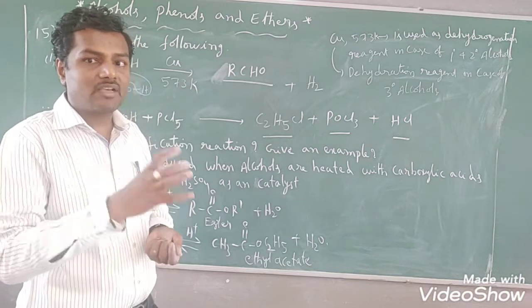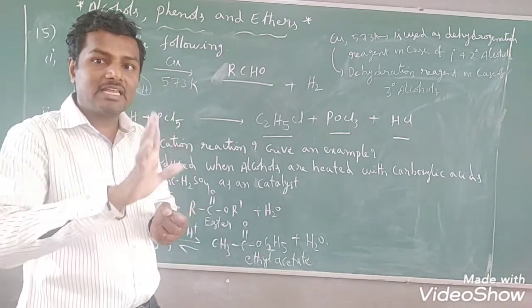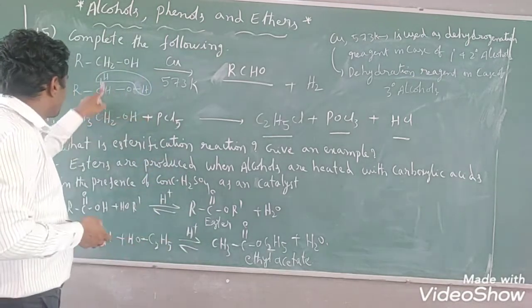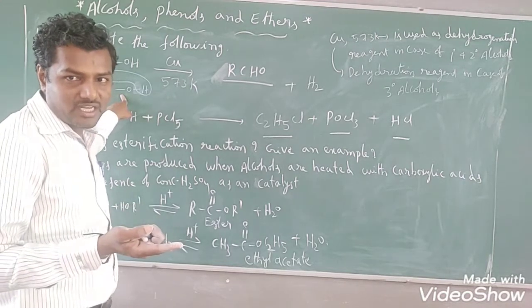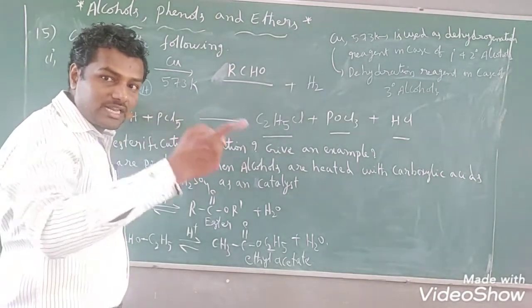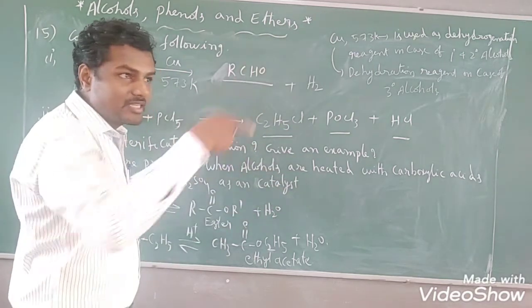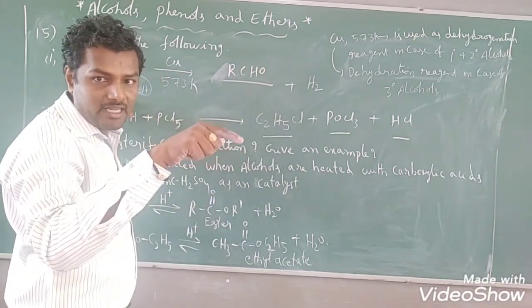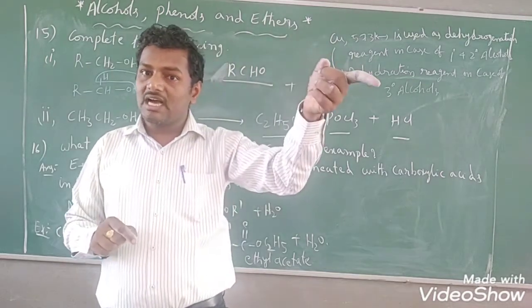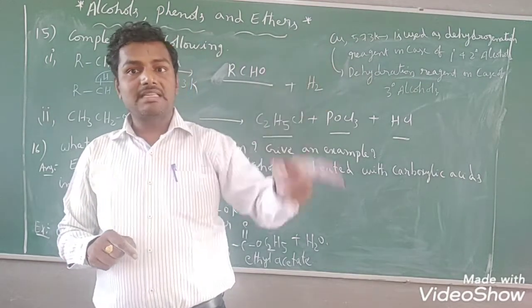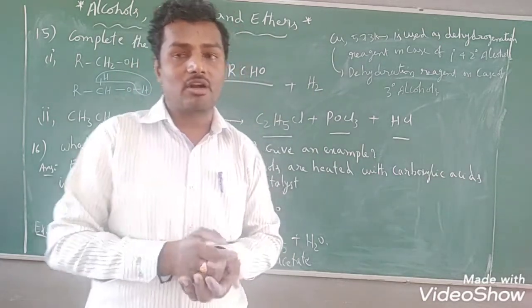Why does it involve dehydration? Because the OH-attached carbon is not having any hydrogen. Here, the OH-attached carbon is having the hydrogens, so that's why dehydrogenation takes place. But coming to tertiary alcohol, the OH-attached carbon is not having the hydrogen. Only methyl groups are surrounded by carbon, right? So there is no chance of releasing an H2 molecule, but there is a chance of dehydration, that is, releasing of a water molecule.